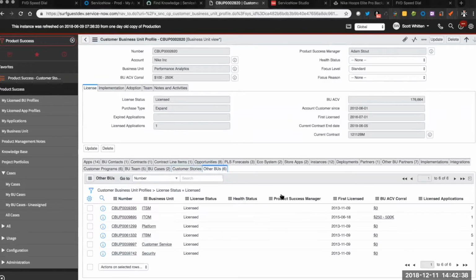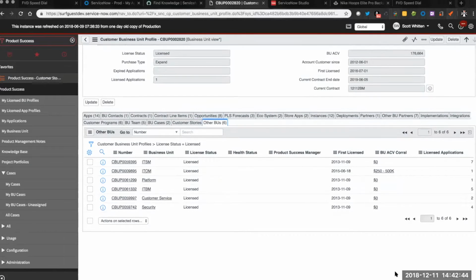And then the last tab I look at in the BU profile are the other BUs. And what this is are the other BUs' BU profiles. So looking at this, PA does not go alone. We are never alone. We are always better together. We are only better together. So I'm going to quickly see